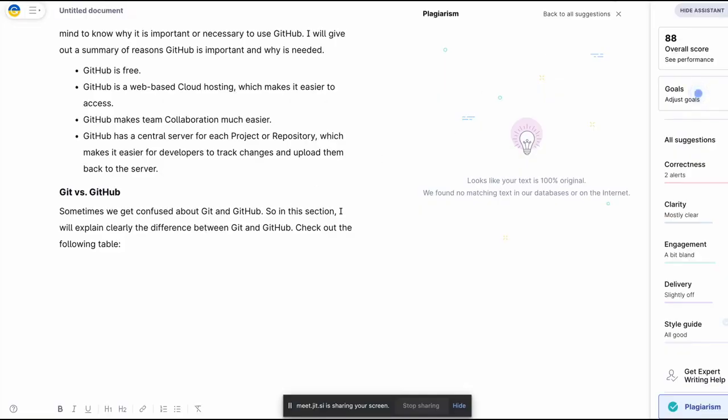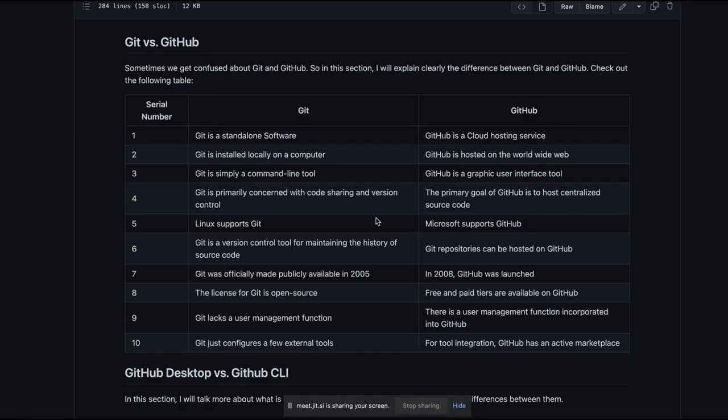The child wants to learn GitHub. That's good though. All right. Now imagine him writing, Git is a standalone, comma, Git is installed, comma, and all the rest. Now open a new paragraph. While GitHub can be compared, the clarity can be compared with this. This is very clear. Very, very clear.